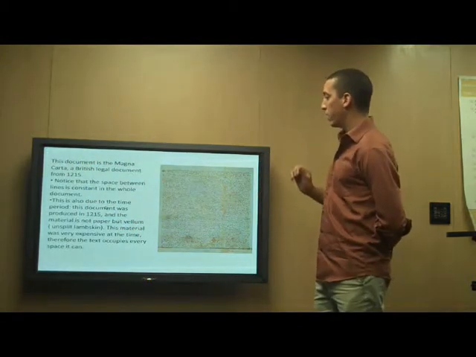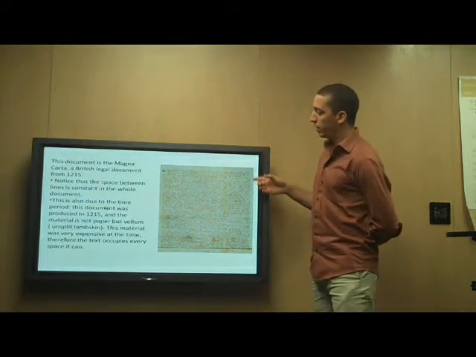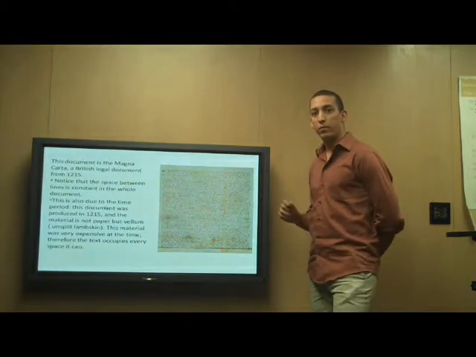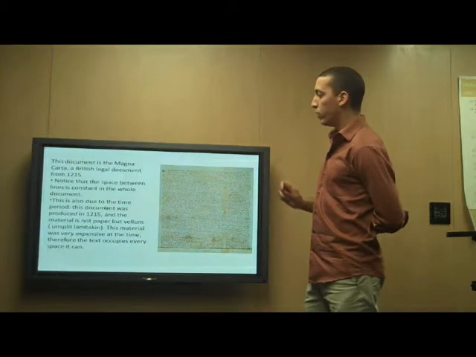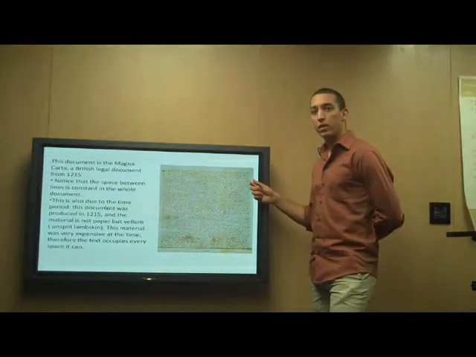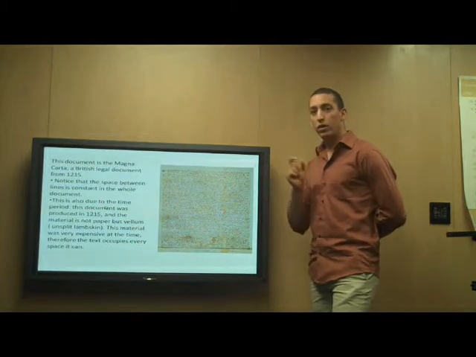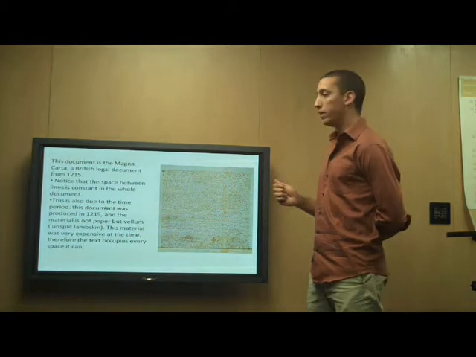But in fact, the reason for this formatting is that this document was not produced on regular paper, but on vellum, which is a lambskin used in those days, and it was a really expensive material. So all the scribes tried to put each word really close to each other so they could save on material, and therefore